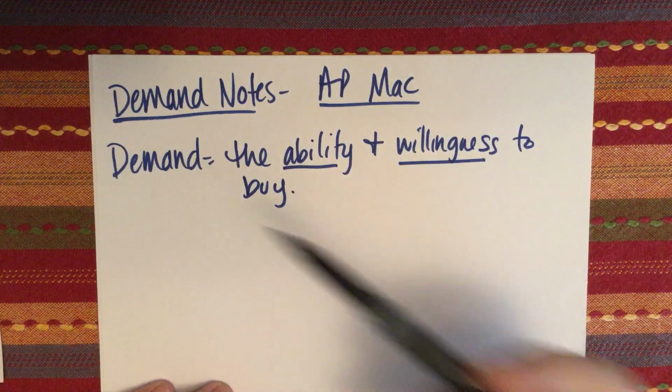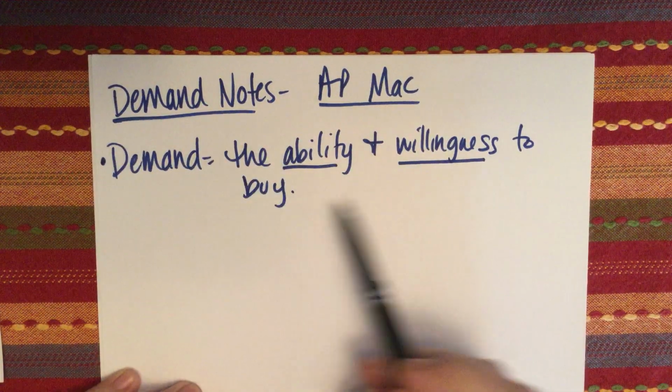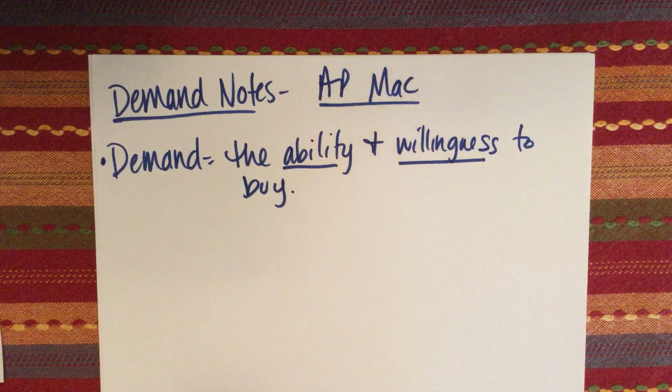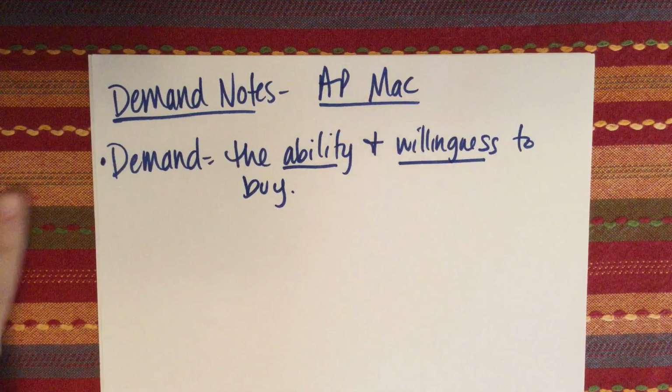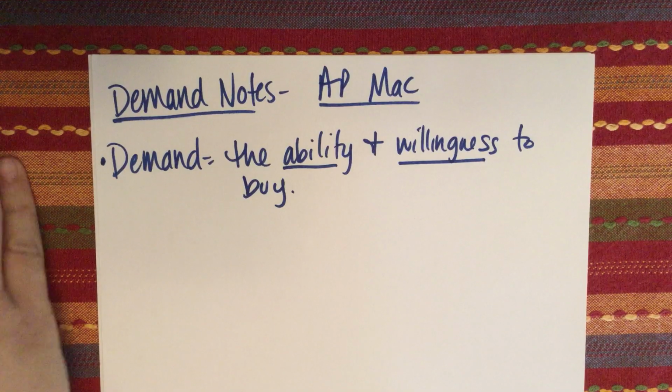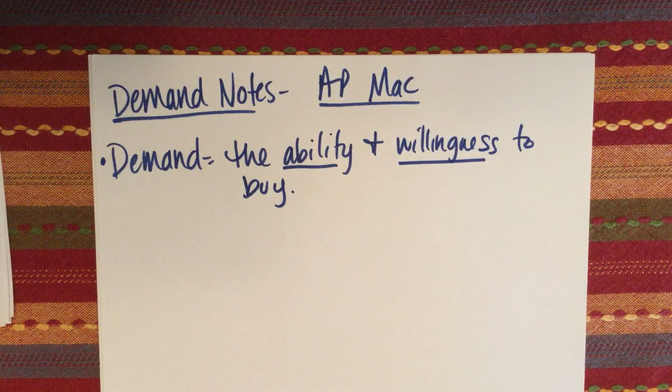So we're starting with the basic definition of demand. Demand is the ability and the willingness to buy. Essentially, the demand side is the consumer side. In economics, there is a market for every single consumer good. Think about, we live in a market economy and there's two sides to that market. There's the supply side and then there's the demand side. The demand side is the consumer and what they are willing to buy. The supply side is the producer and what they're willing to produce, or what they are able and willing to